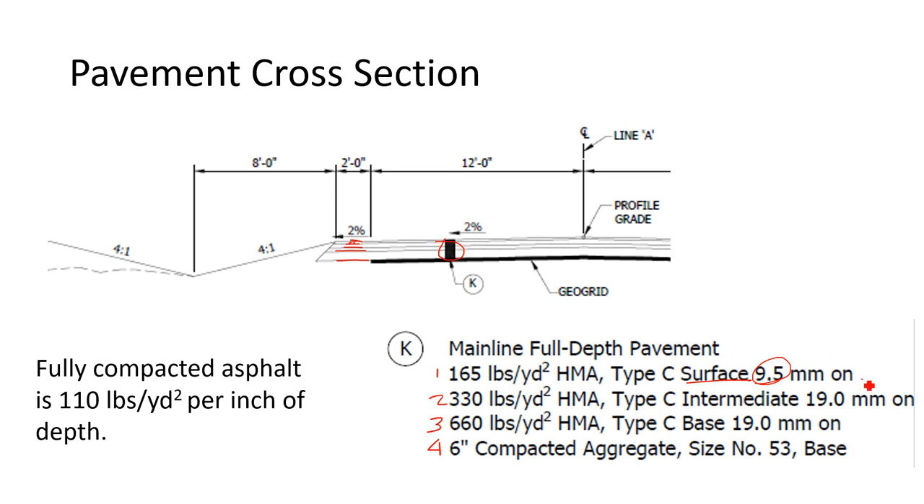And that is sitting on top of layer 2, which is 330 pounds per square yard of HMA, type C intermediate. That's the middle layer of asphalt. And 19 millimeters is about a 3/4 inch top size, so we use bigger aggregate there. And that all sits on 660 pounds per square yard of base, which is also still a hot mix asphalt, right? So it's still black. You'd call it asphalt if you saw it. It also has a top size of 3/4 inch. A lot of times on the base, we'll go up to 25 millimeters, all right? And so that's